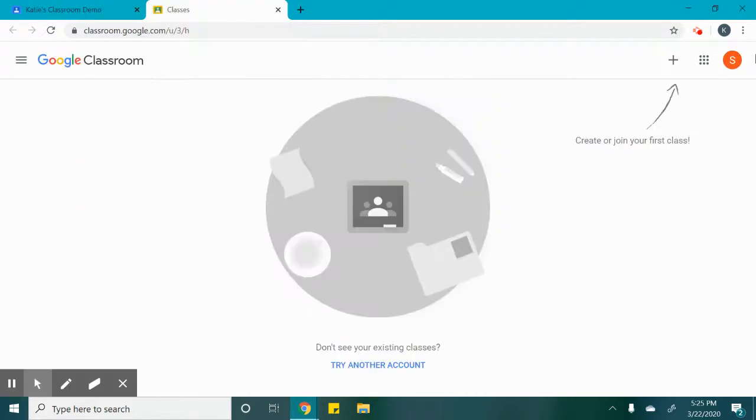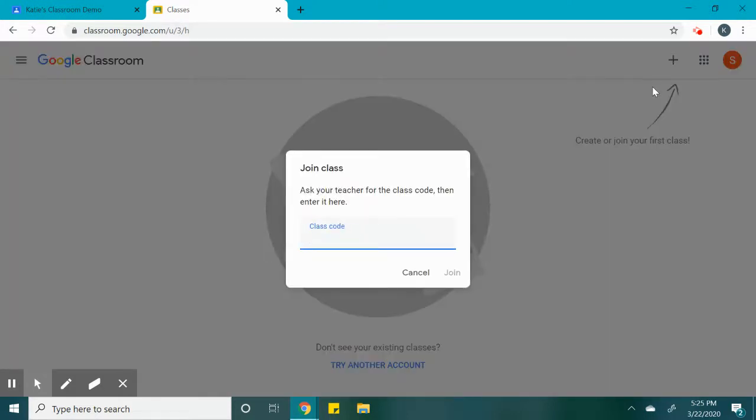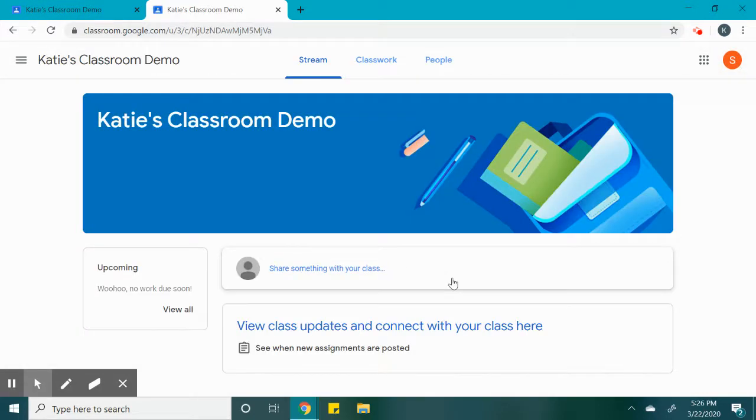So pretending I'm a student, I have a student one model email account. They would log into Google Classroom and they'd see the page that you saw when you were creating your Google Classroom. They'd go over to the same little plus logo you used, but instead of creating a class, they're going to join a class. They'll be prompted to ask your teacher for the class code, which you'll have provided them either through email, whatever messenger service you use, face-to-face, however you want to do it. They'll type the code in, press join,